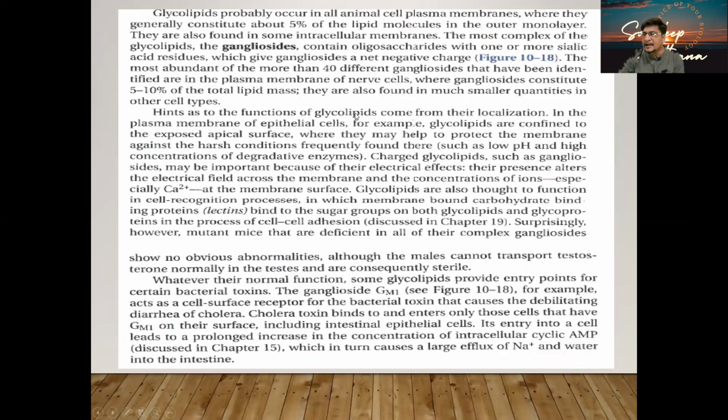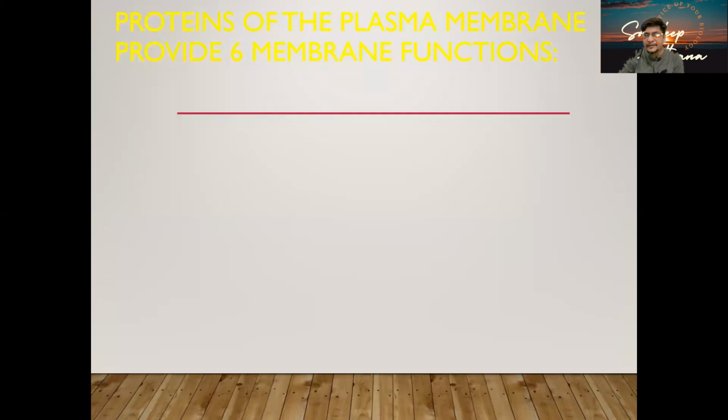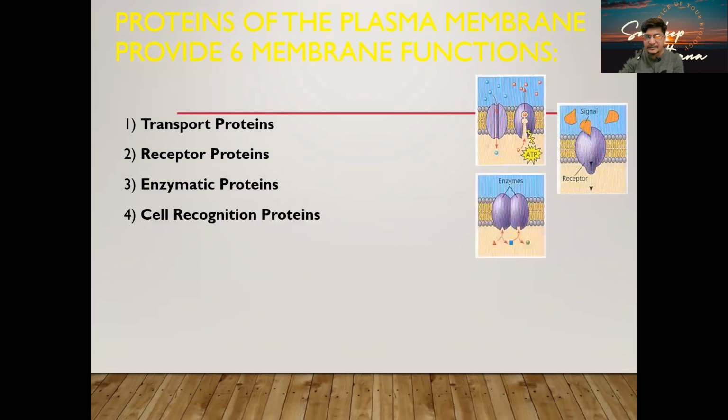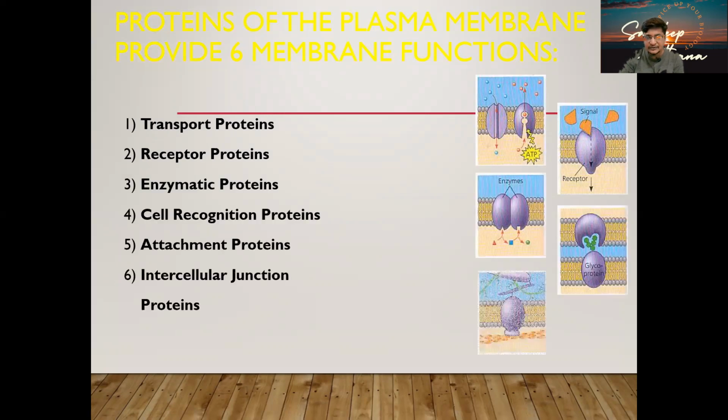So glycolipid is another component that we have not discussed too much. They are also present on one side or maybe the other side as well, and they play an important role, as I told you before. Now that we have the proteins, I told you already where exactly they are present. They serve certain functions. There are 6 functions assigned to them. One is transport. They'll be involved in transporting polar molecules. They can function as a receptor, for example, GPCR or other kinds of receptors.